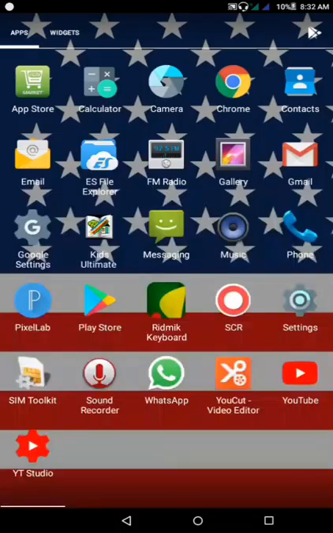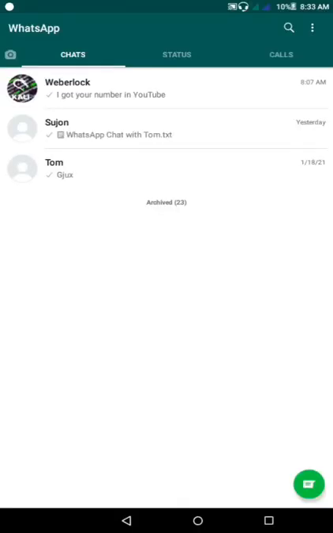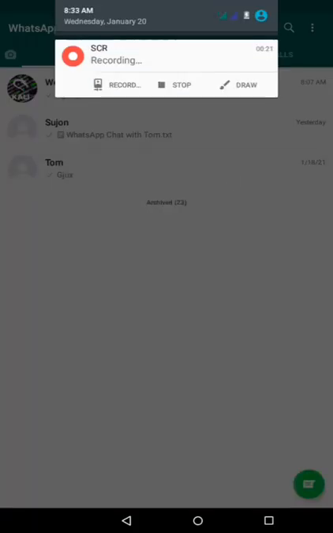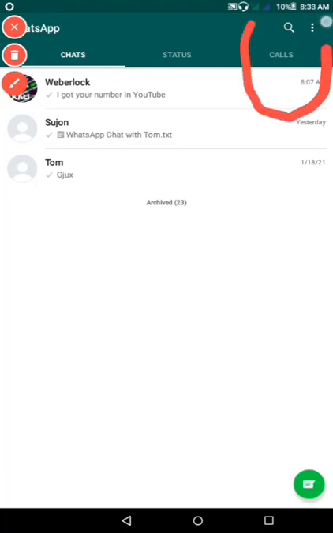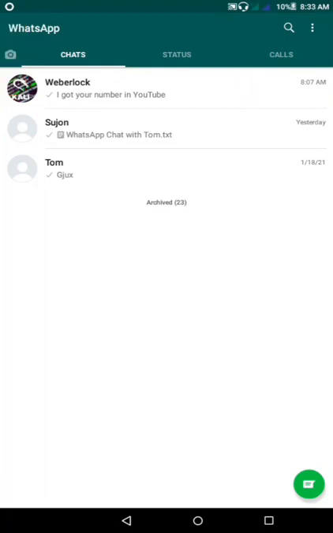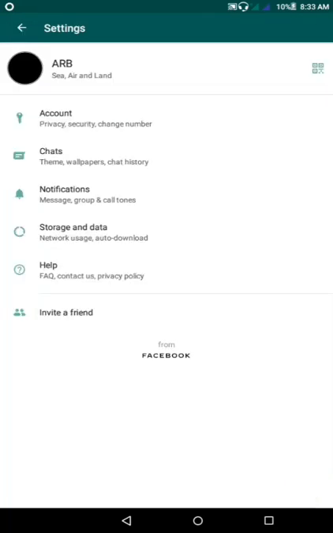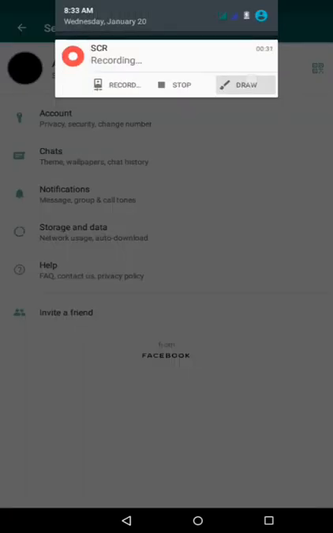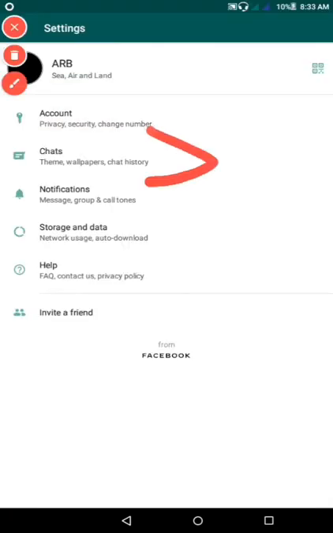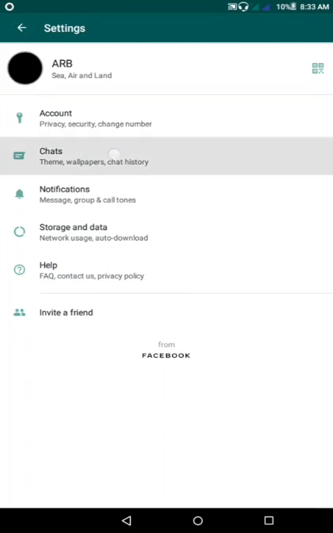You can change WhatsApp language to any language, from English to that particular language or from that particular language to English. First of all, you have to click on these vertical three dots in the top right corner and click on settings. In the settings, simply click on chats, because this is a language matter, so your work will be located in chats. Click on chats.